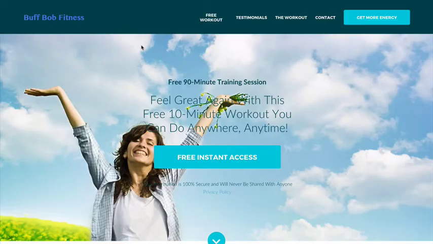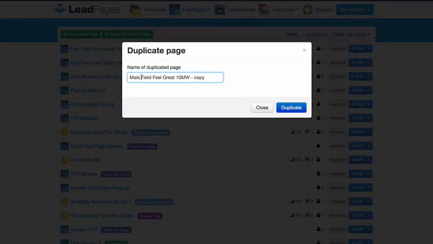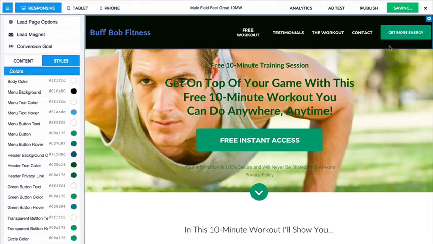If you already know you're going to run your campaign to multiple audiences, you can quickly duplicate your pages and adjust them for your different target audience. Watch how easy this is. I duplicate the opt-in page I created a moment ago, which gives me all the customizations and integrations that I had set up before. This second page will be targeted to a male audience that's more focused on building muscle,